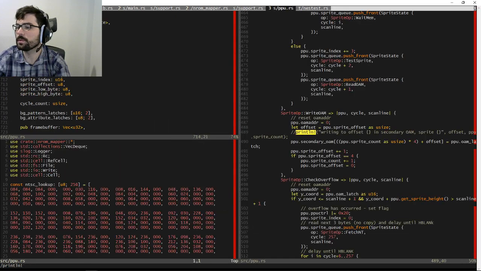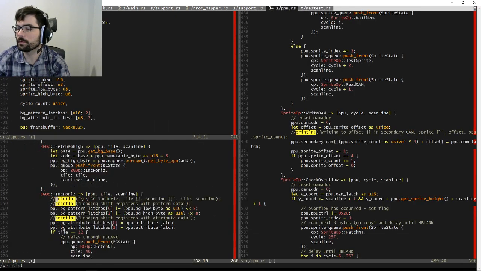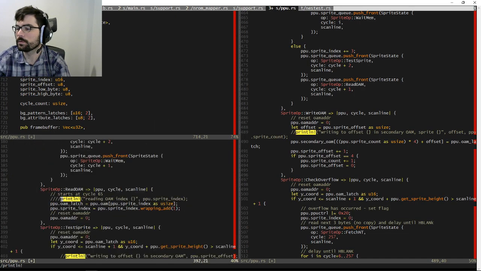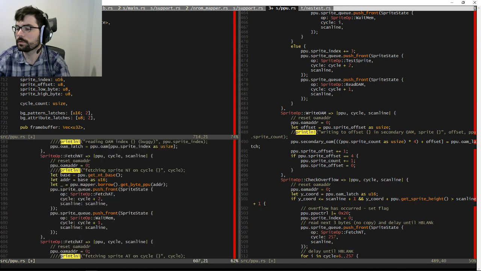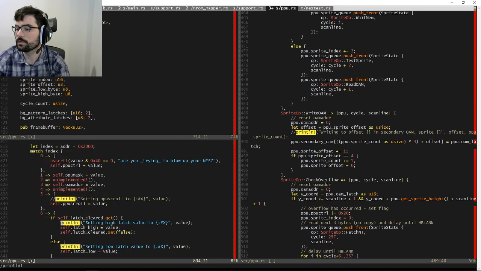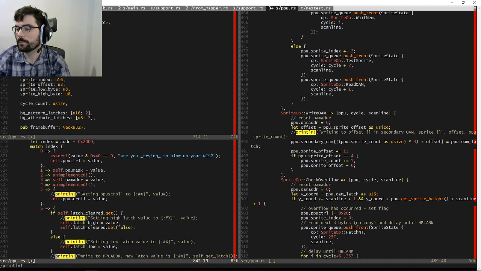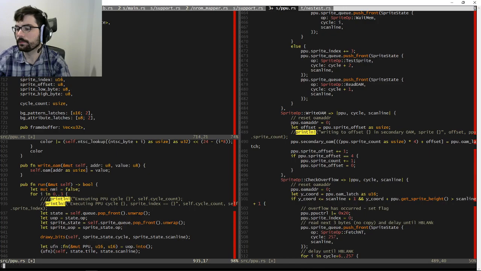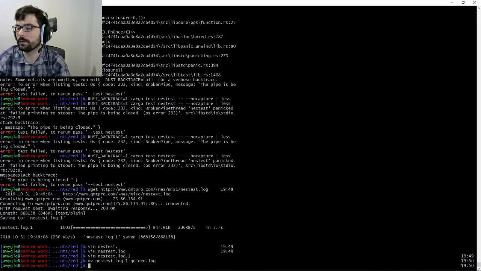Okay, how about in the PPU? Okay, I really need to do real logging so that I can filter stuff like that more effectively.